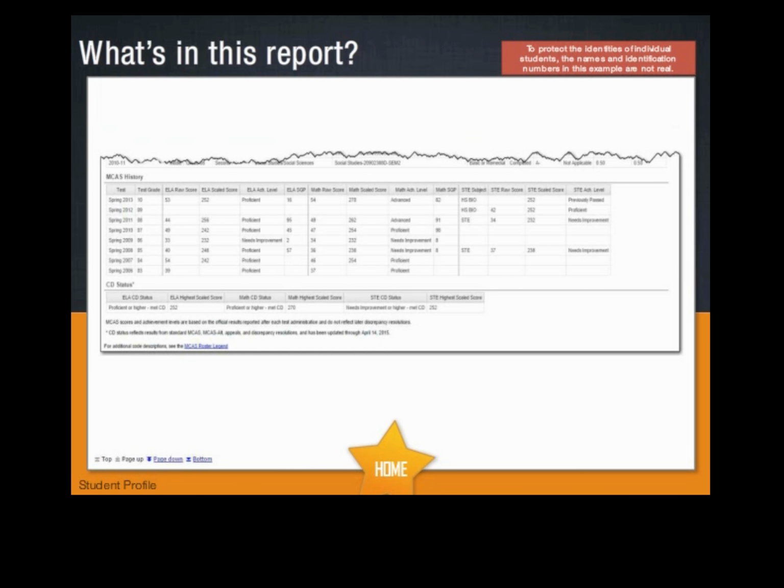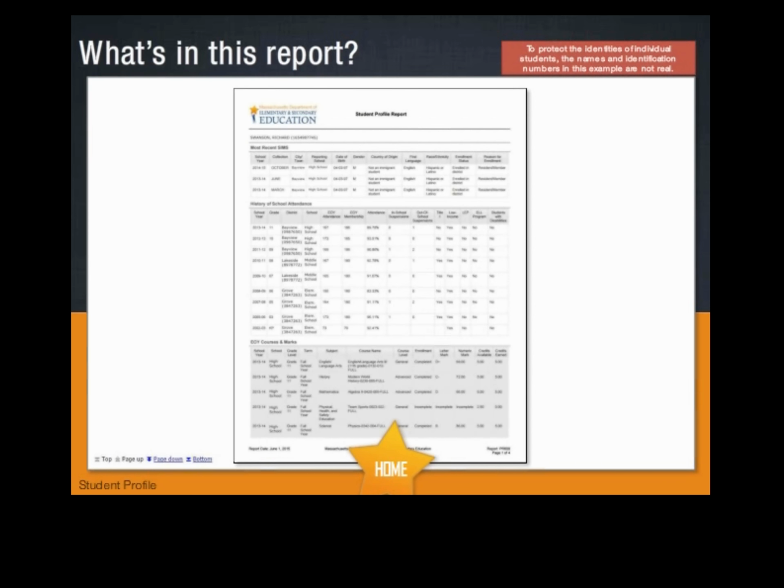When viewing on the computer, most reports will contain multiple pages, and you may need to use the Page Up and Page Down buttons in the bottom left-hand corner. If you choose to export to a PDF file, the resulting report will come in multiple pages and fit on a letter-size sheet of paper for printing.